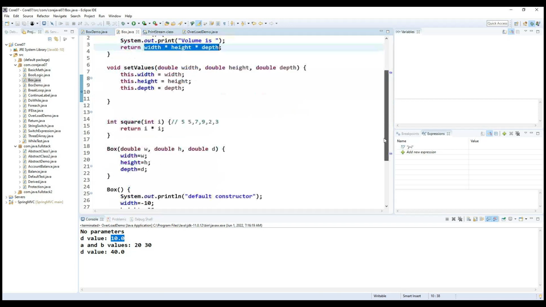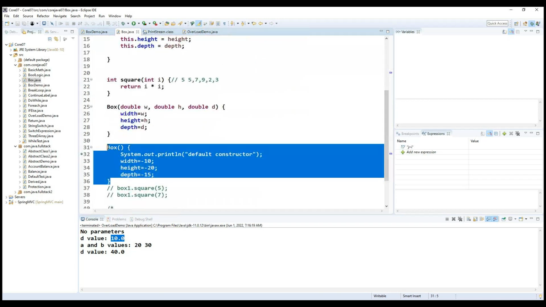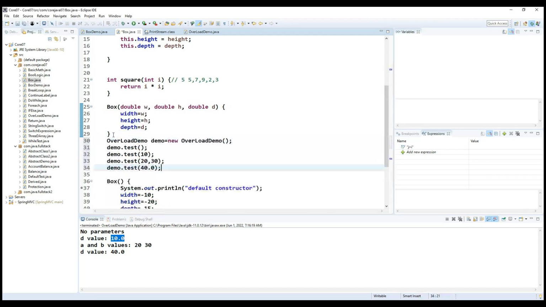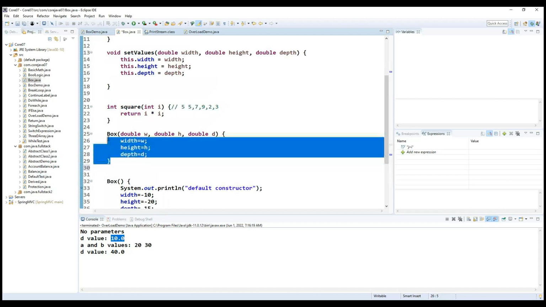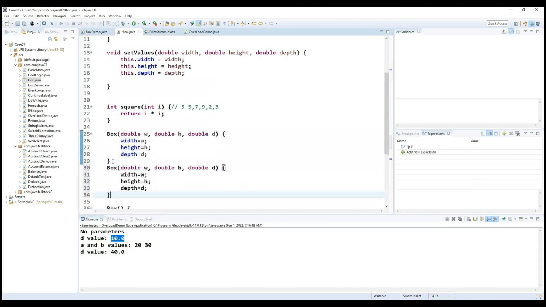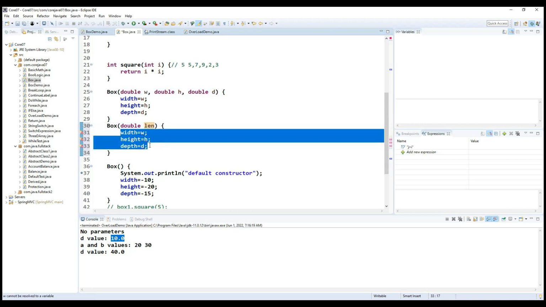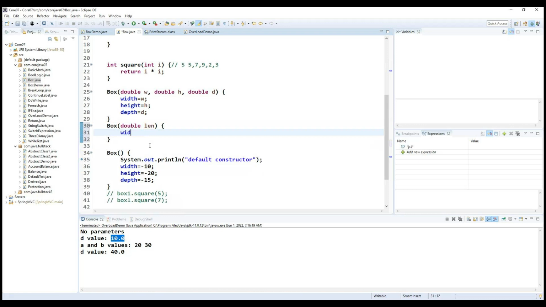If you see, how many constructors we define here? First we defined the default constructor, and second the three-parameter constructor. Now I am going to write one more constructor here. This is one more constructor, and basically this will not take that many parameters. I'm trying to pass only length here. And now this particular length here,